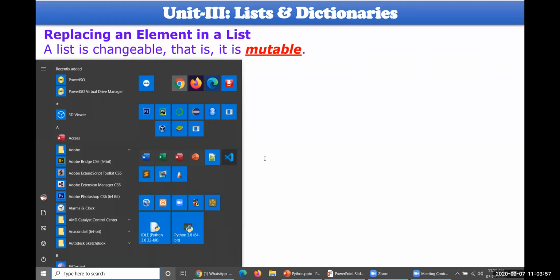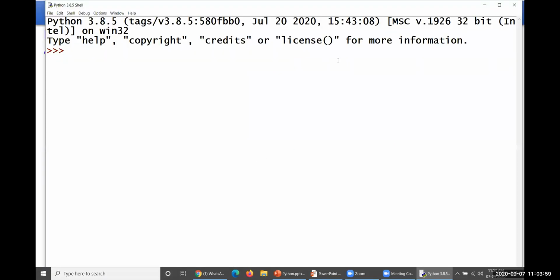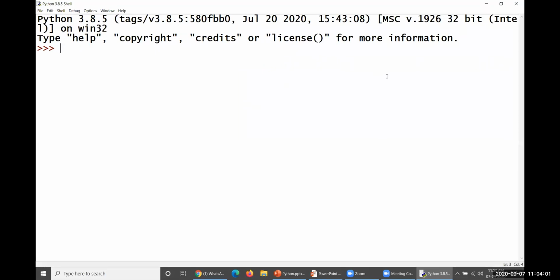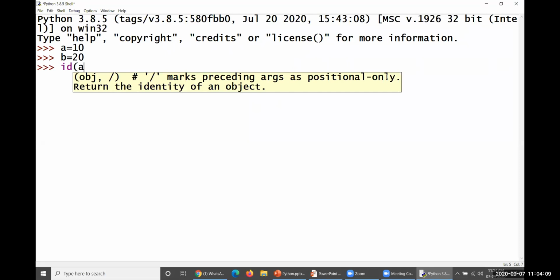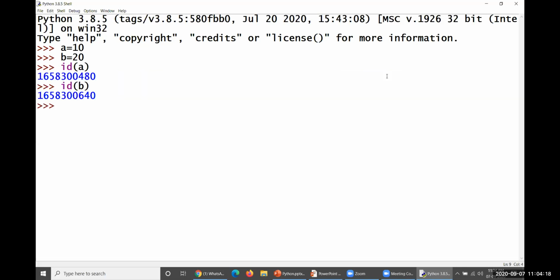Once you create any object, let me show you how this happens. So A will be equal to 10 and B will be equal to 20. For example, the ID of A will give you one particular address, and similarly the ID of B will give some other address. If I change the value of A or B,